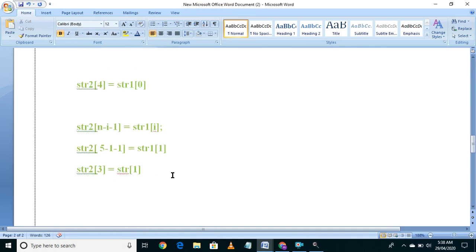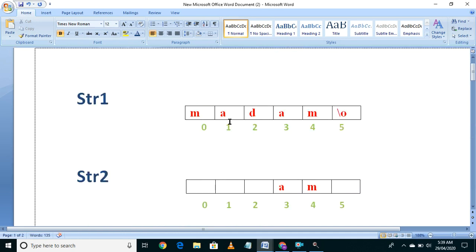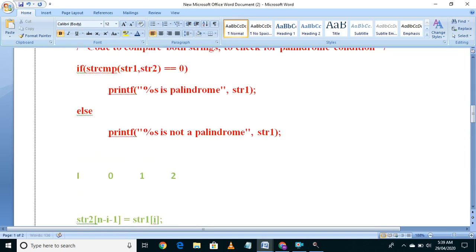Now the same formula here, str2 of 5 minus 2 is 3, 3 minus 1 is 2, equals to str1 of 2. What is there in str1 of 2 should be copied into str2 of 2. str1 of 2 is d, which will be copied into str2 of 2. So I changes to 3 now.